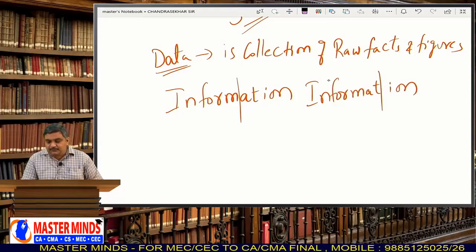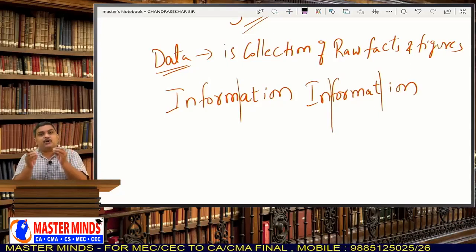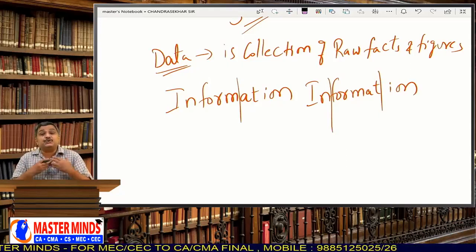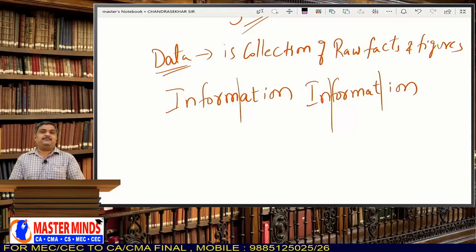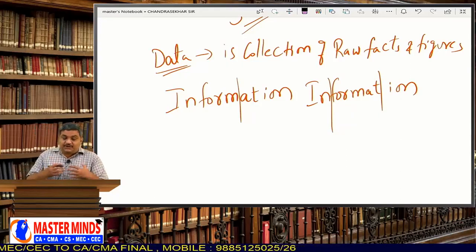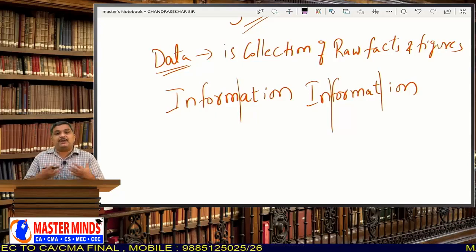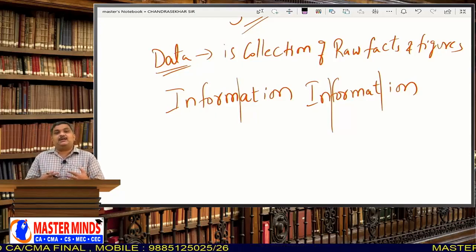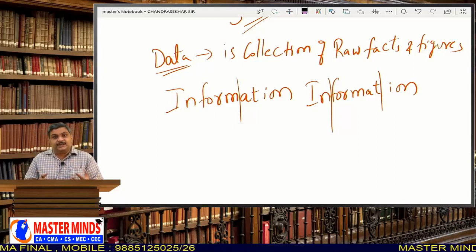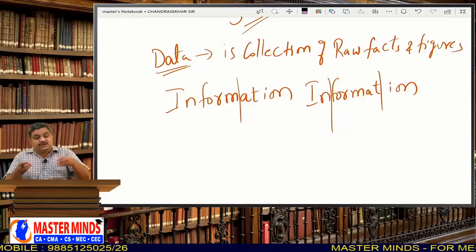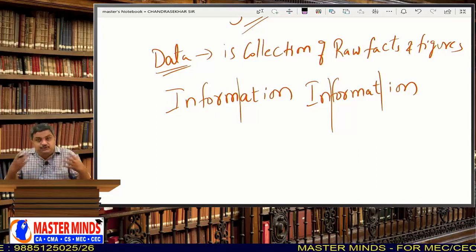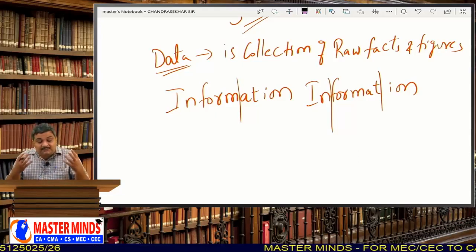That means if you put the data in a particular format, which is very useful, then it can be called information. Whatever data you have collected from people, things, different entities, if you put the data in a particular format which can be used in future, that can be called